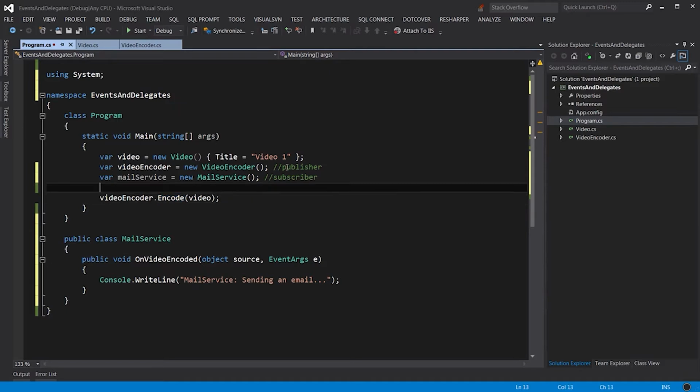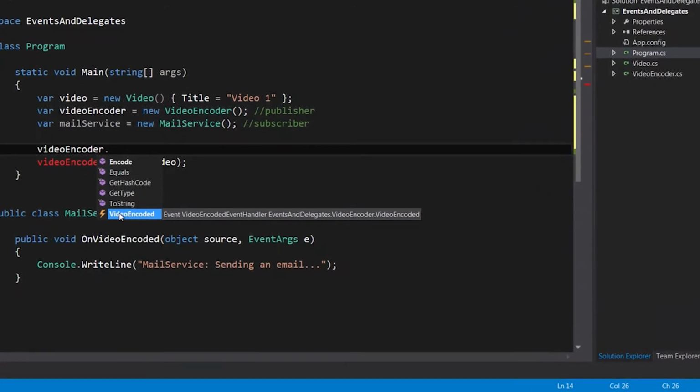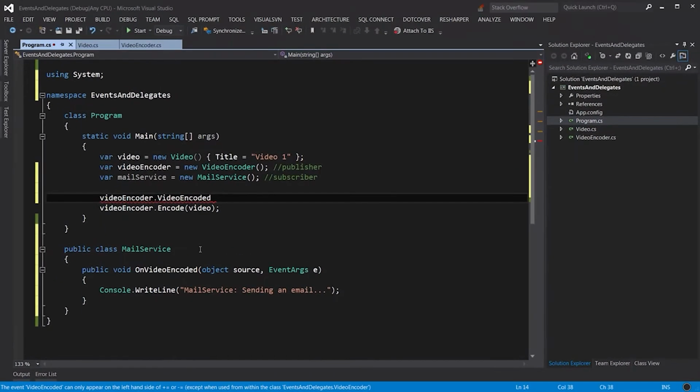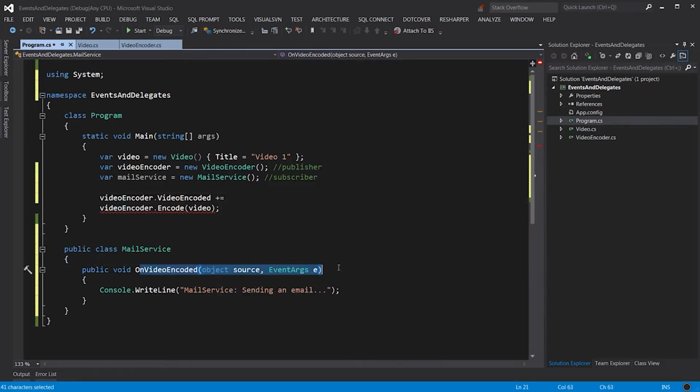How do we do that? It's very simple. So you start with the publisher, video encoder dot, look at this icon. That's an event, video encoded. So we are interested in that. Now the notation is we use the plus equal operator. That is to register a handler for that event. Who's the handler? This method in the mail service. So I put that here, mail service dot, where is that? On video encoded